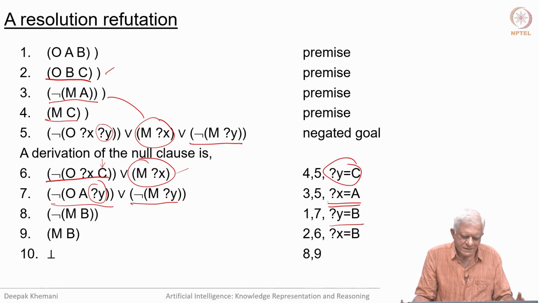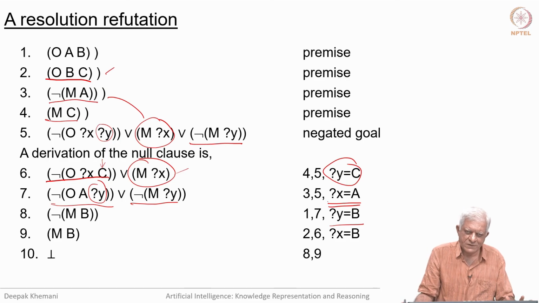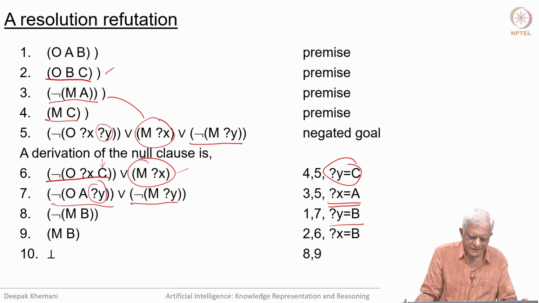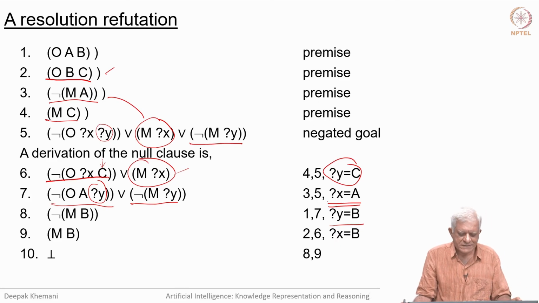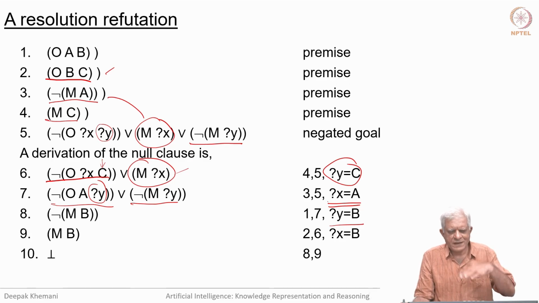So, you see that something that we could not do in first order logic, in forward chaining or in backward chaining, we can do in the resolution method. So, not only does the resolution rule subsume forward chaining and backward chaining, it can do more than that essentially, and this is what we have seen here. And we have also seen that in this example, the negated goal played a role in deriving the null clause. It was used quite early in the proof essentially. So, the two other simpler examples that we saw, in which it came in the very end,